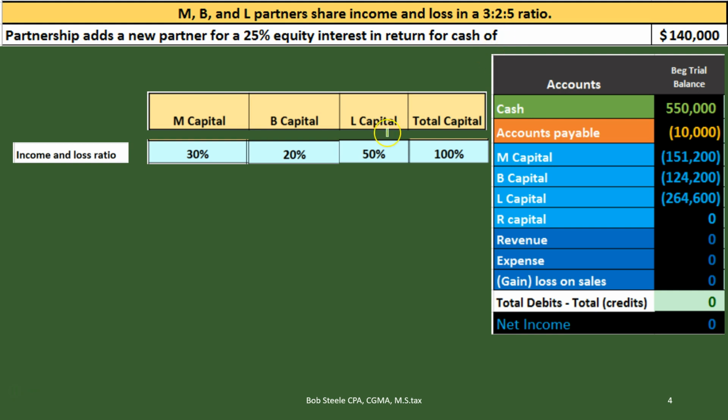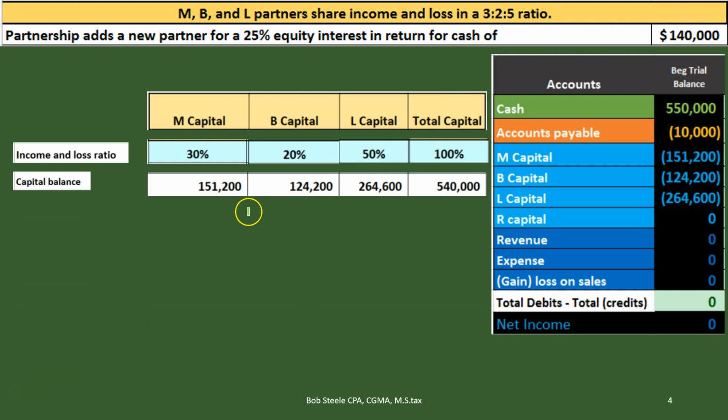That's how you come up with your percents. It's also a bit smaller, or takes up less space, to present it in this format as well. Then if we look at the capital accounts, these are just the accounts that are given in the trial balance. So obviously here is M's capital account, 151.2, here's B's capital account, 124.2, and here's L's